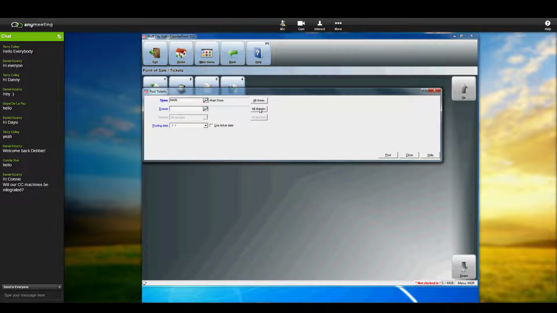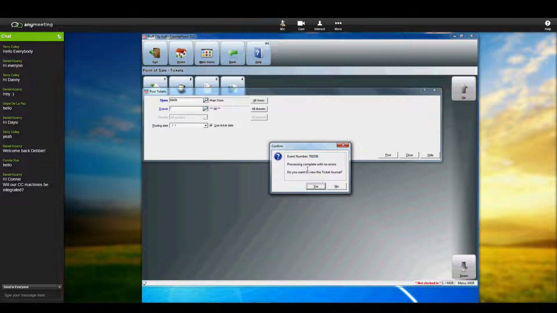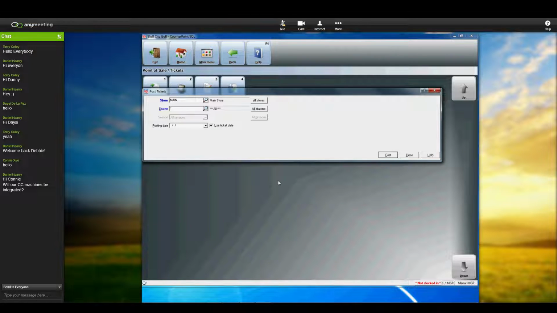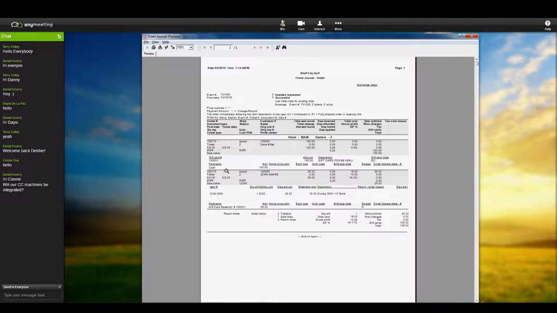I probably want to post all drawers that were used yesterday. And I always check mark this used ticket date because those tickets are from yesterday and I want them to post as of yesterday. So down here I click post. It lets you know if there were any errors, and it wants to know if I want to view the ticket journal. So I can say yes here, and I can look at it, or I can print it, and it just gives me the information about the ticket, what was sold, how they paid, and so